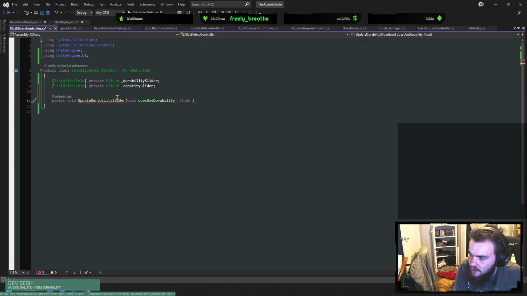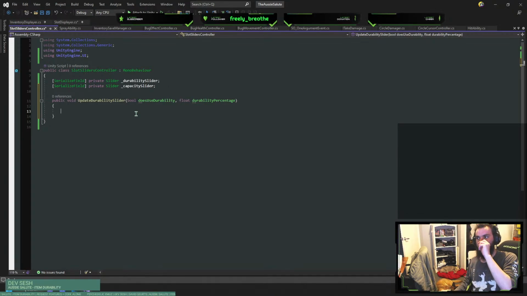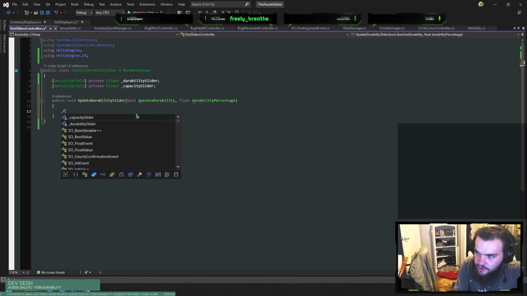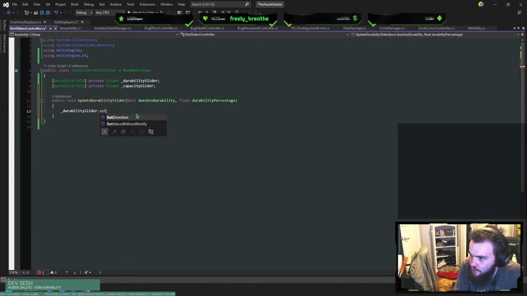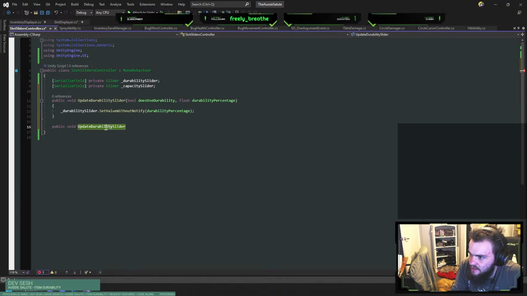Let's get in float durability percentage. That way, we know we have to work out the percentage before we update the durability slider. The durability slider value, we go set without notify durability percentage. And we want to do the same here. So update durability slider, and then we're going to call